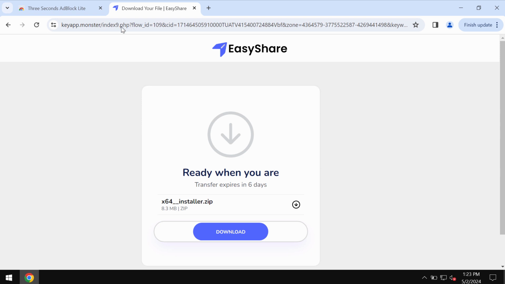This site, Keyapp.monster, basically tries to make you download some malicious file which may infect your computer. And if you see these pop-ups by